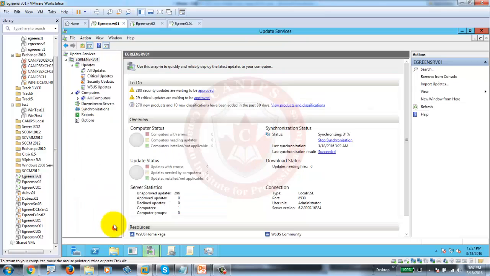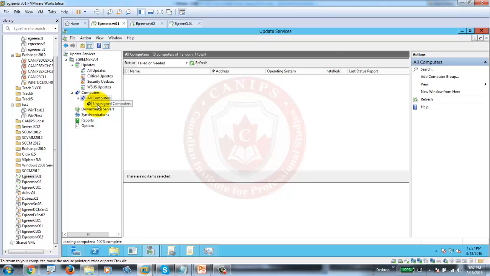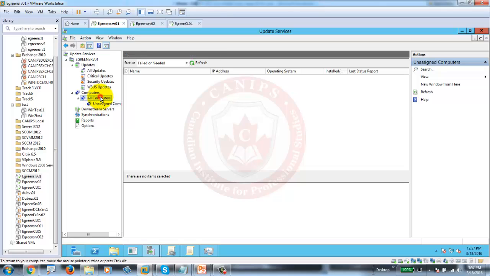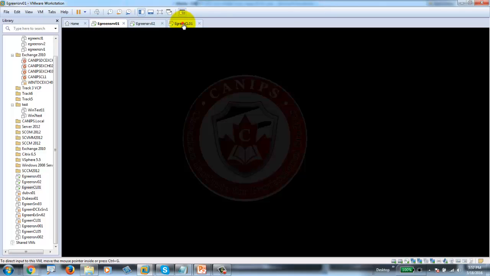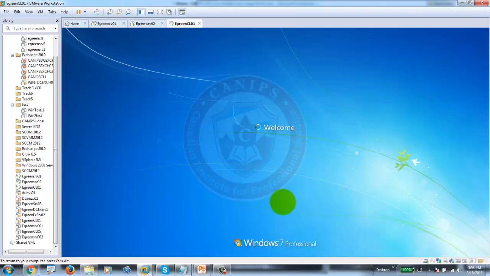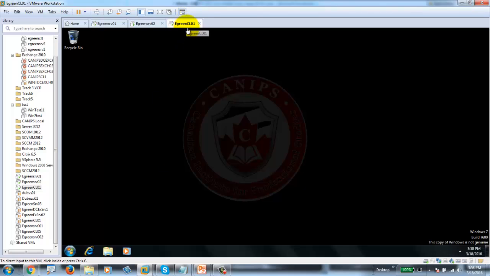So I'm going to come back here. While this is being downloaded, this is the place where computers are. So now, if the policy is running, then we should be able to see computers here. For now it has nothing. Let's go to the client computer and log into a compliant client computer. And since it is a computer policy, for it to work, the computer must be restarted, or we can